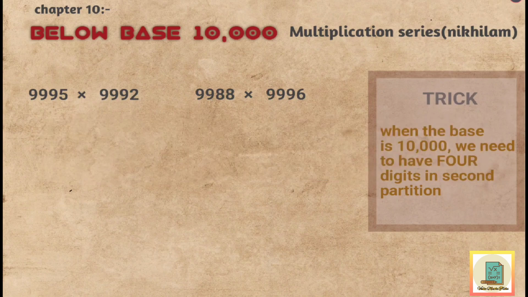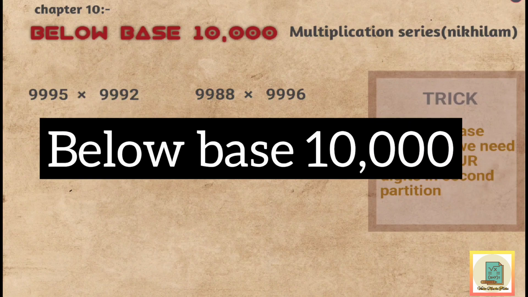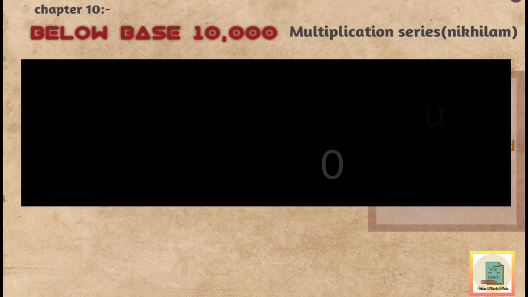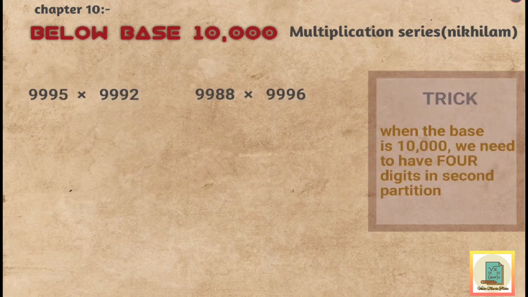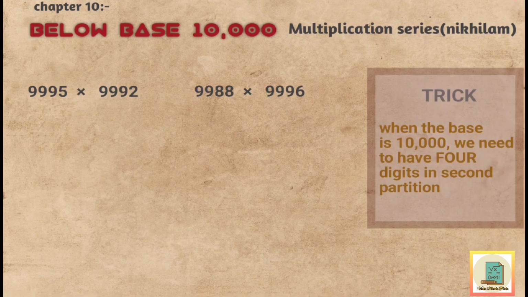Today in this video we will learn about another multiplication trick which is below base 10,000. In this trick we multiply the numbers lesser than 10,000 but are near to 10,000. So let's understand it better by taking examples. Now the question is